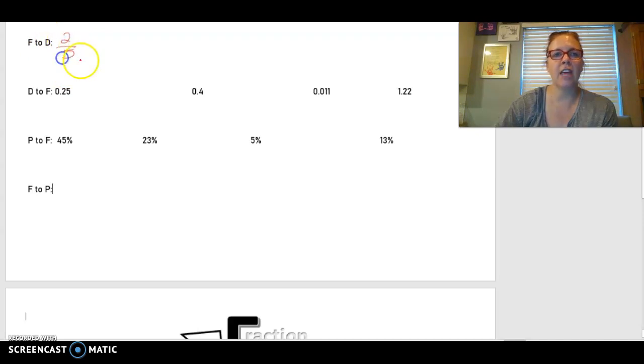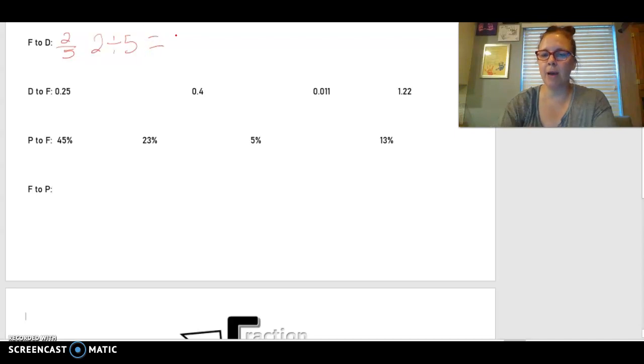2 fifths. So this you will divide 2, because remember fractions are just division problems. So 2 divided by 5, which gives you 0.4. You just divide numerator divided by denominator. So let's say, in some you may already know, 1/2. If you know what that is already, just write it. If not, do 1 divided by 2 in your calculator, and you should get